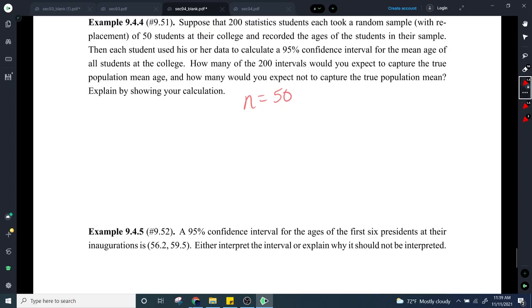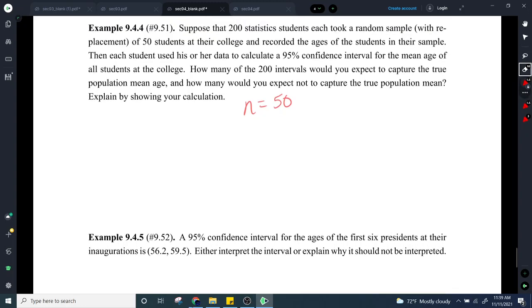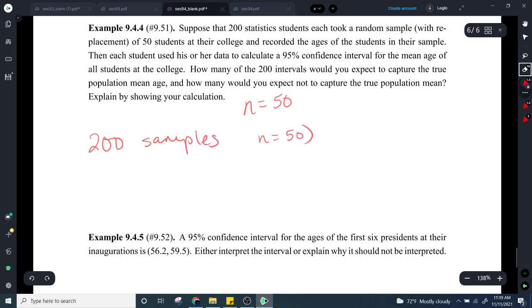Okay, I was thinking they were asking us to actually calculate a confidence interval, but that's not what they're asking. So they're saying basically if we repeatedly took 200 samples, so we did 200 samples of 50 each, and we compute a 95% confidence interval each time, how many of those would you expect to capture the true population mean? So remember what the confidence level tells you. A 95% confidence interval tells you that 95% of those samples should include the true population mean. So 95% of the 200 should